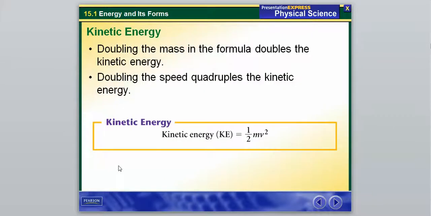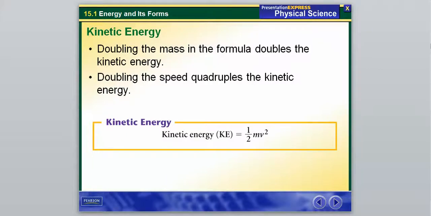And here's our equation for kinetic energy. It's 1/2 of your mass times your velocity squared. If you double the mass of the object, it's going to double the kinetic energy, which is pretty simple. You just make this a 2, it's going to make that doubled. Make it a 4, it's going to double, and so on. But if you double the speed, you're going to quadruple the kinetic energy because we have it squared here. And hopefully we all know what an exponent stands for. We don't just multiply it by 2, we multiply it by itself. So velocity and speed have a much greater effect on kinetic energy than your mass does, because it's going to quadruple it rather than just doubling it.